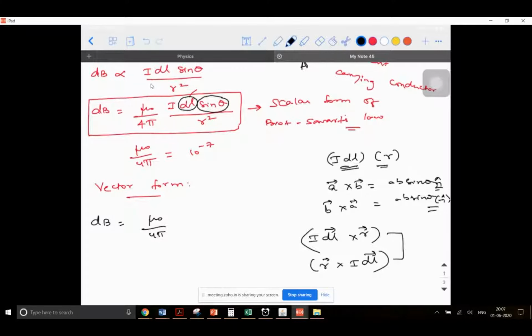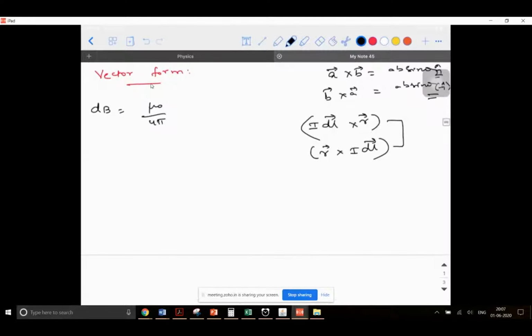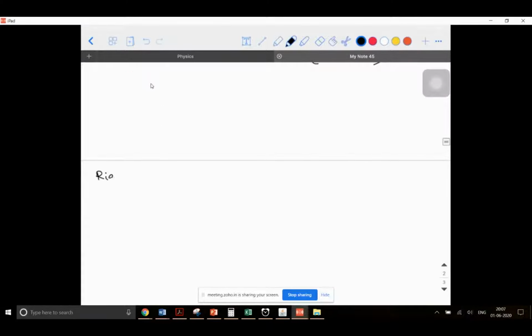For us to choose, we need to know some more theory. This is not sufficient for us to analyze this. For that, in your lower grades, in your 10th standard, you would have learned that magnetic field is a vector quantity. It has directions associated with it, right? So whether you're talking about gravitational field, electric field, or magnetic field, everything has a direction associated along with the magnitude. Now, there is a rule called the right hand thumb rule, which is used to find the direction of magnetic field due to a current carrying conductor.